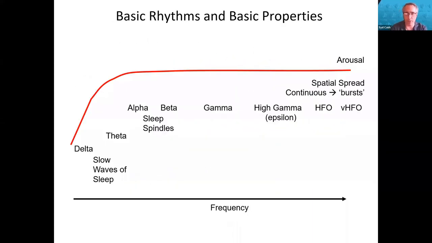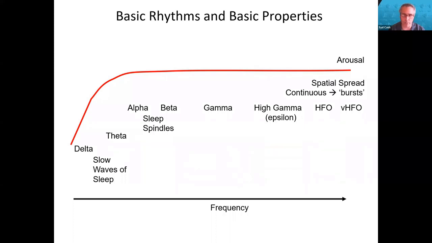Right? And so now we have a bunch of different named oscillations or frequency bands of interest. As I just mentioned, started on the left-hand side at lower frequencies. There's delta activity, there are slow waves of sleep, there's theta, alpha and beta and sleep spindles, then gamma, high gamma, which is also called epsilon, and then there's high frequency oscillations and very high frequency oscillations. And in the red little fake graph here, I show you that there are some attributes that go along with these different frequency bands and the activity in them that are generalized